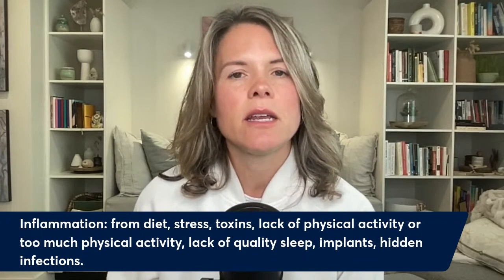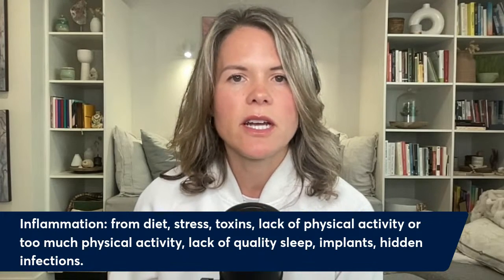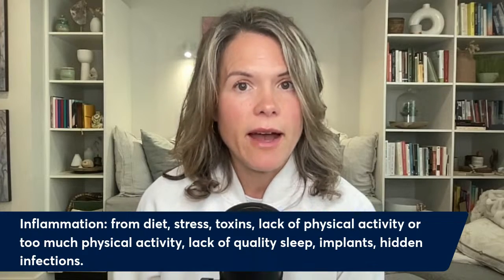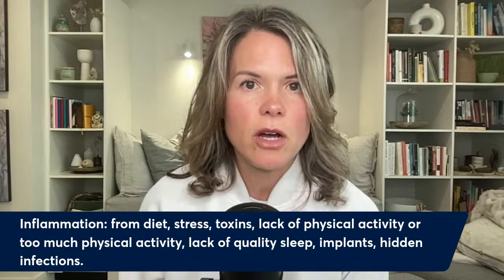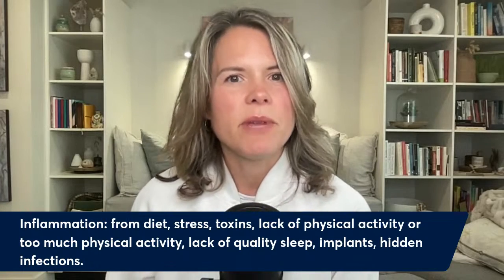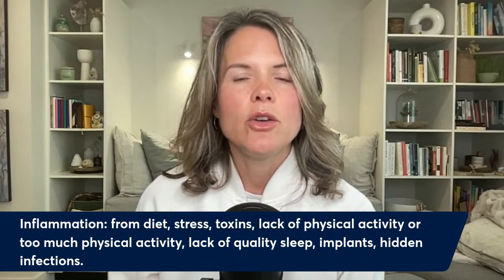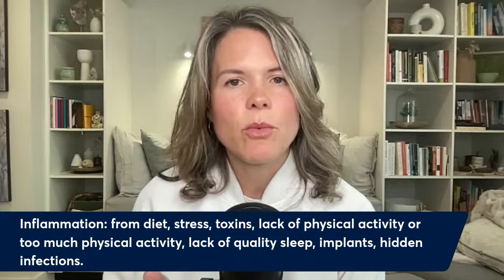And inflammation is a major root cause of every single chronic disease: hypertension, high blood pressure, strokes, heart attacks, dementia, Alzheimer's, Parkinson's, multiple sclerosis, cancer. I could go on and on. So you have to pay attention to that and be aware that if you have fixed your diet, fixed your exercise, your stress is good, your sleep is good, you've minimized your toxins exposure, and you're still experiencing signs of inflammation like the belly fat, could be acne, skin issues, psoriasis, rheumatoid arthritis, other kinds of inflammation conditions, you may want to look at your dental implants, your breast implants, other implants, and you want to talk to a specialist